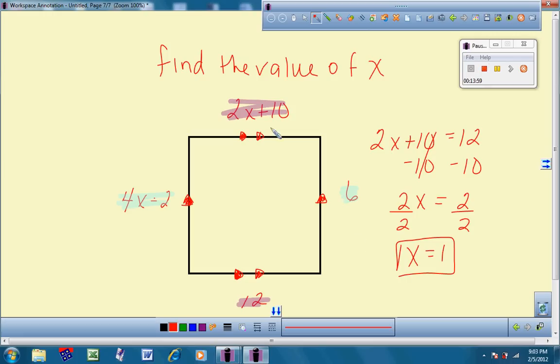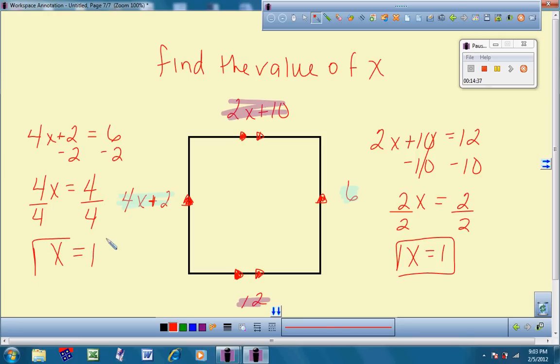Alright, so just to make sure that we do have the correct value of x, we'll go ahead and solve the other side. So I'm going to take 4x minus 2, set that equal to 6. I'm sorry, let's make that 4x plus 2. Alright, 4x plus 2 is equal to 6. Subtract out the 2. We find that we get 4x is equal to 4. Divide out the 4. x is equal to 1. So our value for x